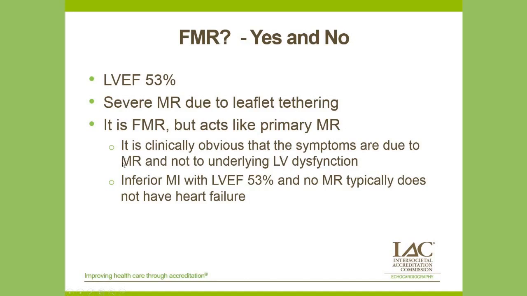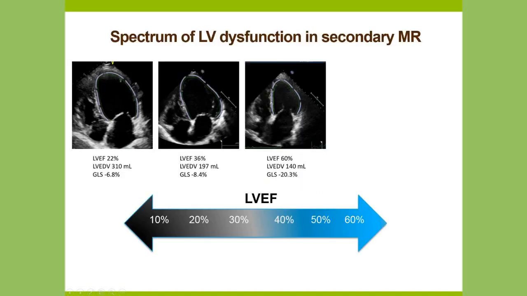This is the thing that gives us fits in the clinic: we have patients that have an EF of 20 and MR, and we don't know which one it is that's making them have heart failure. But in this case, it's not the ejection fraction. It has to be the MR. We see a lot of these patients. Typically an inferior or posterior MI, their EF is preserved, and we know that if they had an EF of 53 and no MR, they would not have heart failure. So we tend to fix these patients, but again, it's important to put all of this on the echo report so that we know what's going on.